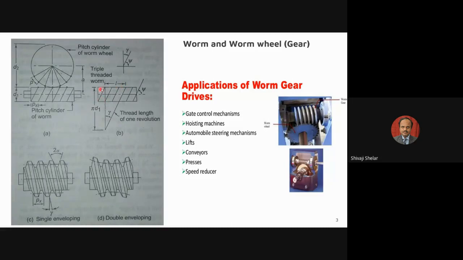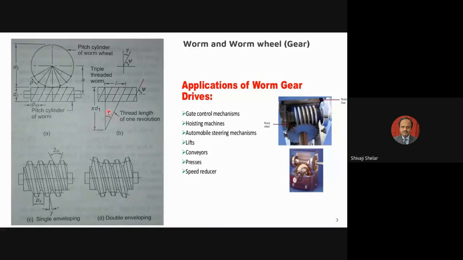Now, if I say this screw is a multiple start thread, suppose it is a 3 start thread, then my lead is from this point to this point. So after one revolution, I am moving in the axial direction up to this point. This point is moving forward in this direction, and that is called the axial lead. So the axial lead depends upon your number of starts, and the axial lead is equal to the pitch when it is a single start thread. If you have a 2 start thread, then your axial lead, that L, will be equal to 2 times the pitch.